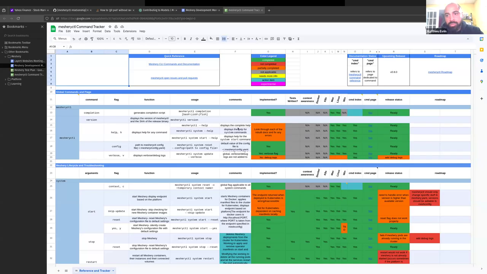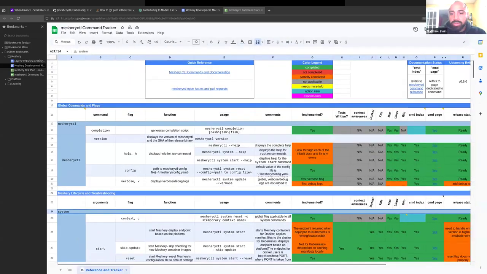Basically, what we have to do here is check every command and subcommand available, and we will add some end-to-end tests on them. I've started something on my end to validate that. For example, here for the system command,